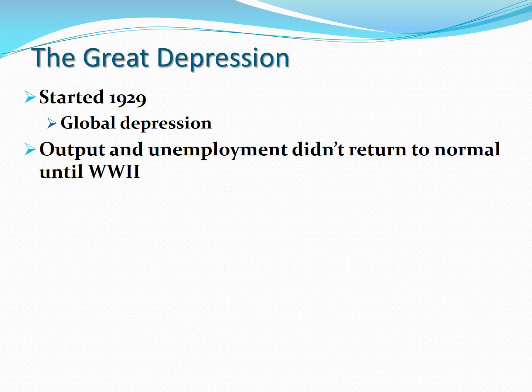Now, we're going to talk about the Great Depression for a couple of reasons. One, it really drove home the fact that we may want the government to be doing things in the macroeconomy. And two, prior to the Great Depression, the economic theory kind of backed up the idea that the government shouldn't do anything. The idea was that if businesses produced something, they could sell it. This was called Say's Law. The idea was that if you produced something, it was always going to get sold because you could cut the price if nobody bought it, and it would be sold eventually.